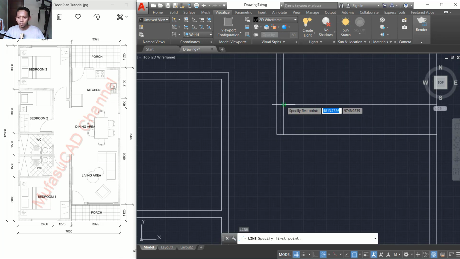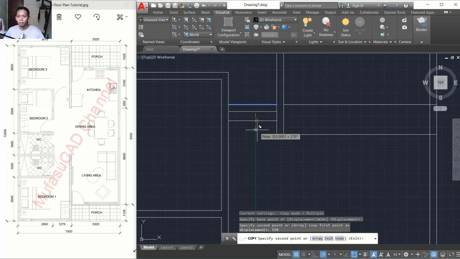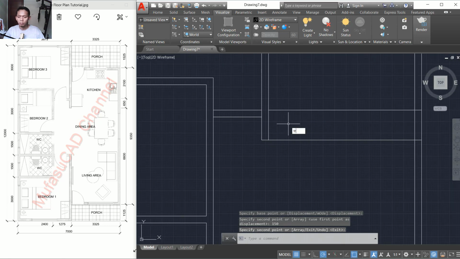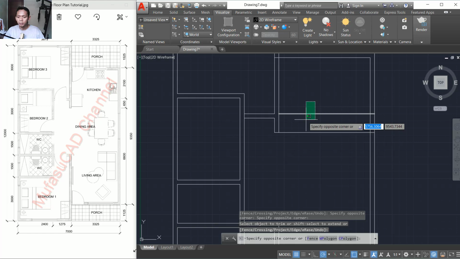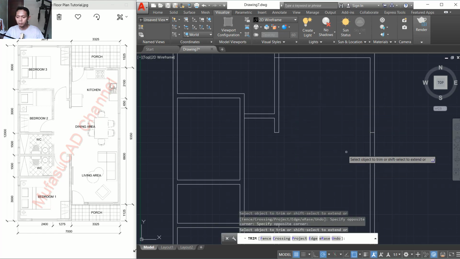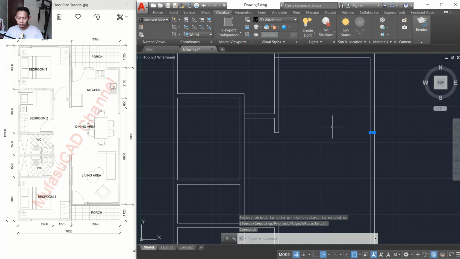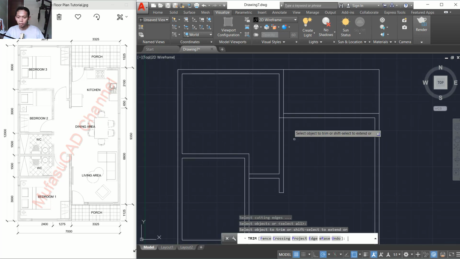Okay, start from this point to this point, and then copy this line object to the bottom here 150 and enter. Okay, you can use a trim command to cut this line object, and then I will delete this line. Okay, we trim in here and delete this line object. Okay, you can trim in here again. Okay, I will trim,